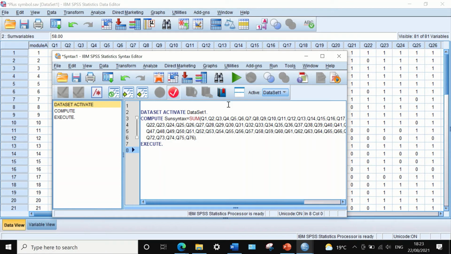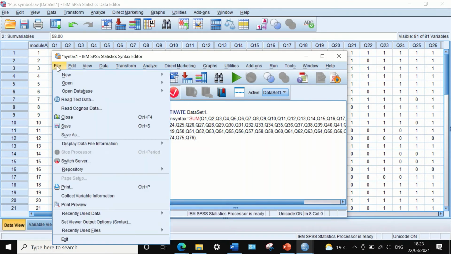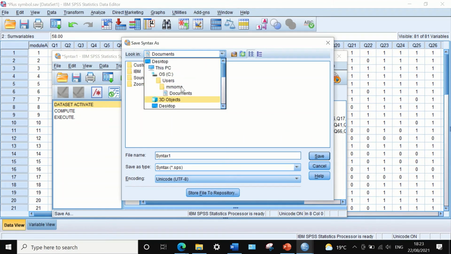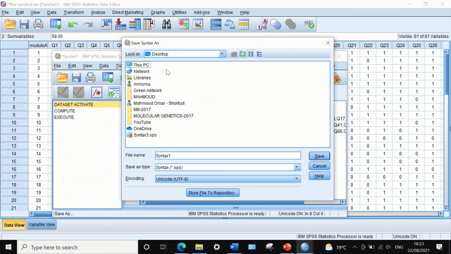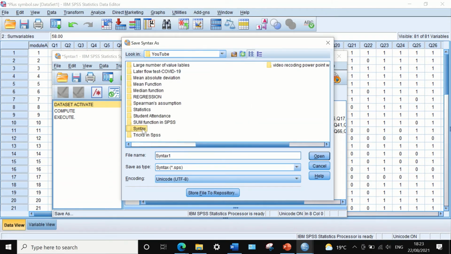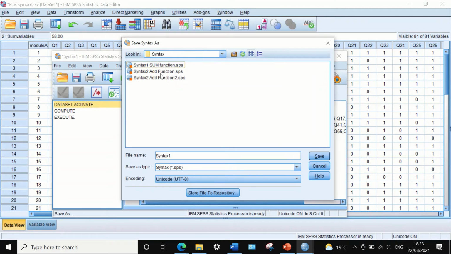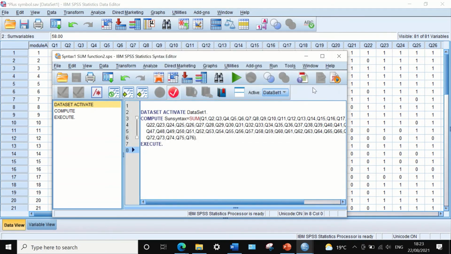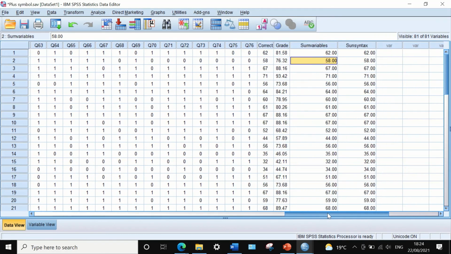execute the command. So what I could also do is save this syntax into one of the folders. I've already done that, but I want to show you how to do that. If you select the syntax, I've already saved it as sum, and I'm going to call it sum function 2. Click save, and if I cancel this,